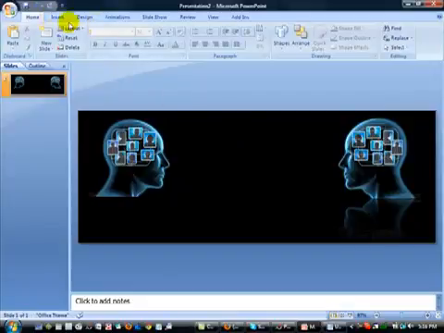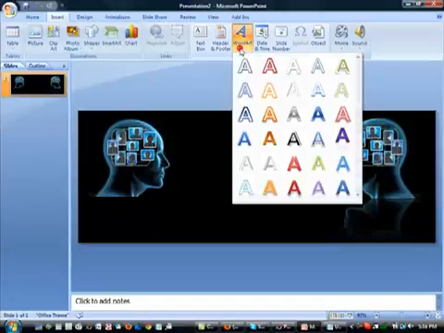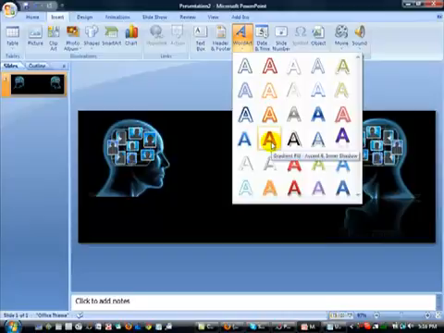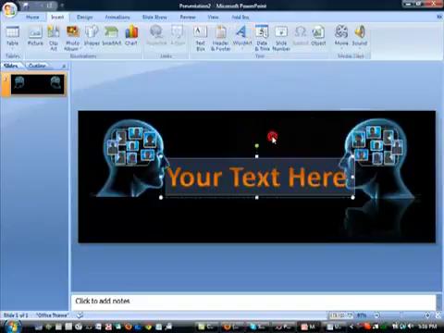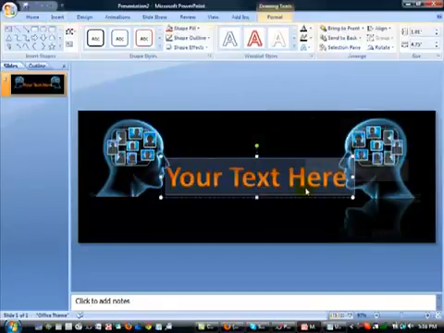We're going to go over to Insert, and there's a little button over here called WordArt. See it right here? I'm going to pick a color that would look good on that black. It's going to look really sharp. I don't want to use blue because that's going to blend right in with the rest of this. I want something that sticks out. So I'm going to use this gold. And you can type whatever you want in here. For instance, I'm going to put,